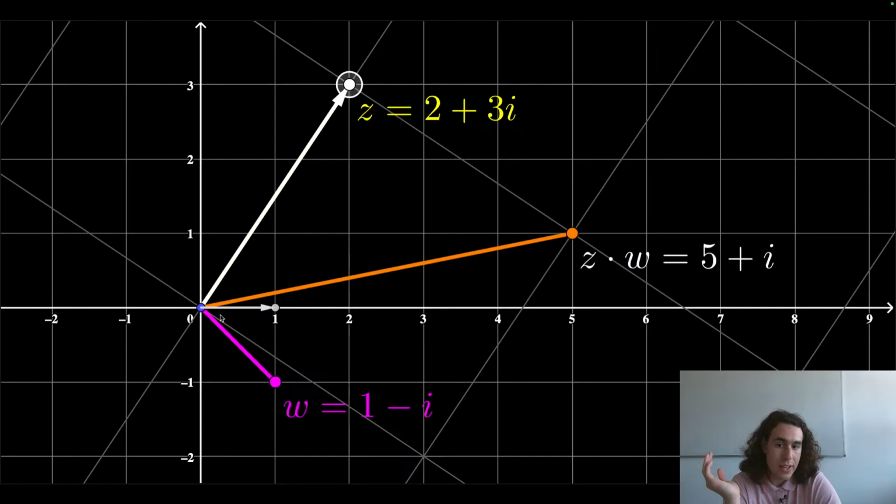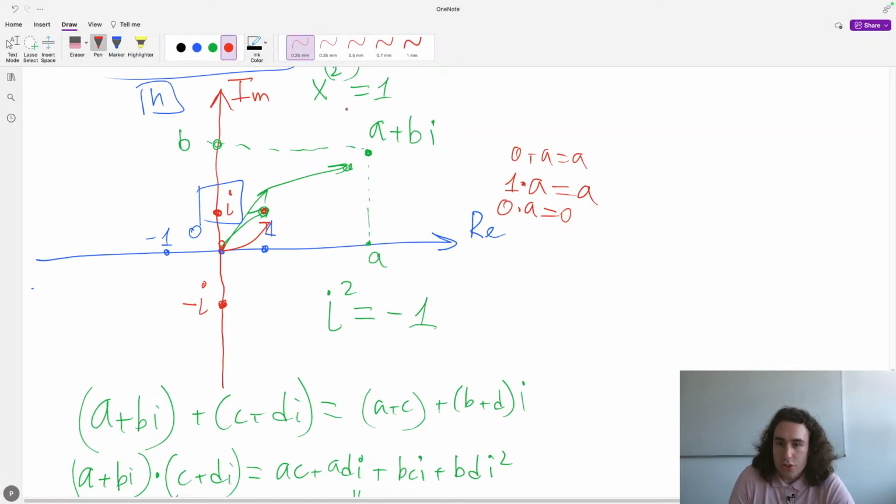And the same thing happens to this number, right? I first rotated it, and then I scaled it. And this is what complex multiplication actually is. It's a combination of a rotation and a stretch, right? And our stretch is basically the distance to this number z from the origin, right? Because we had number 1, which was